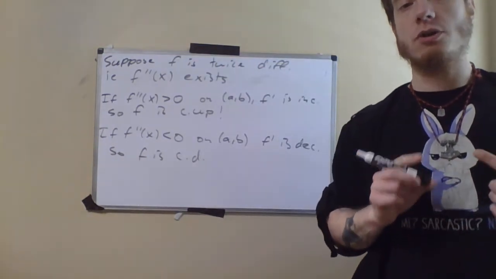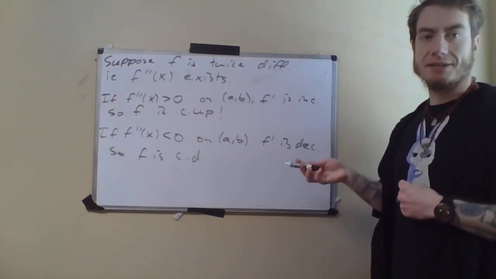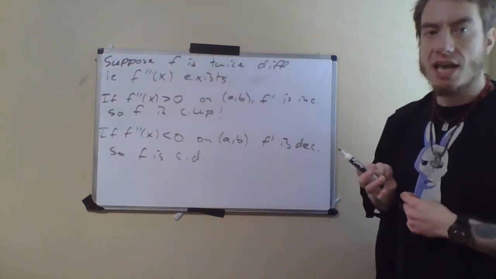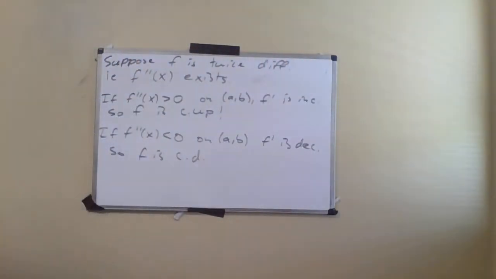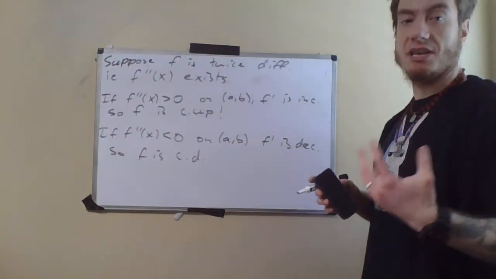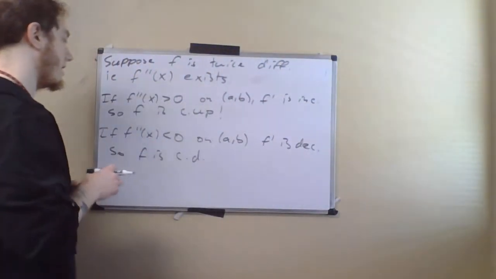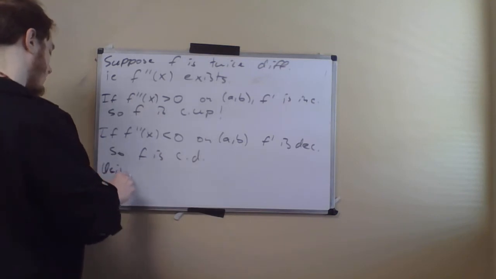If I find the critical point, I can just decide, is the second derivative positive or negative at that point? And it tells me the intervals of concavity, and it tells me the maximums and the minimums. And it tells me the inflection points. So what I want to do here is, oh, and by the way, using the second derivative